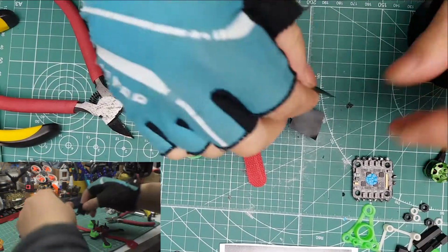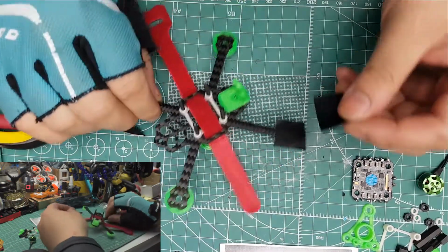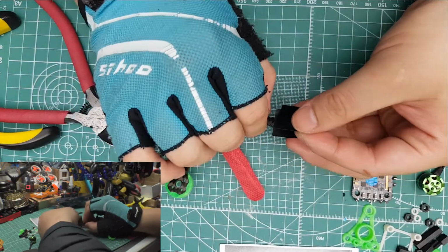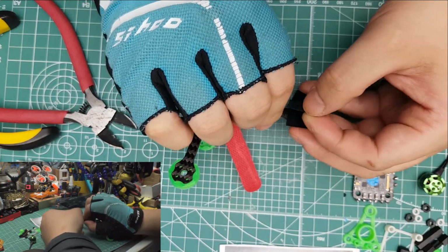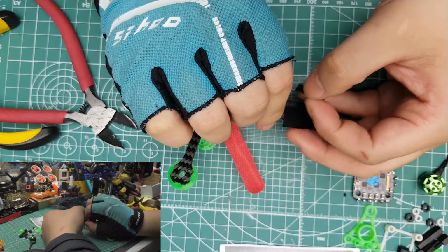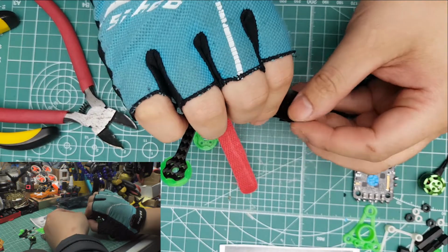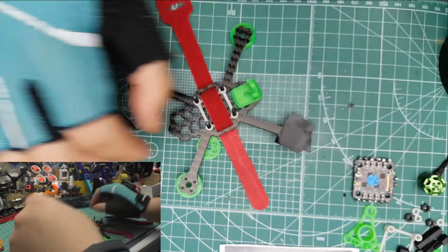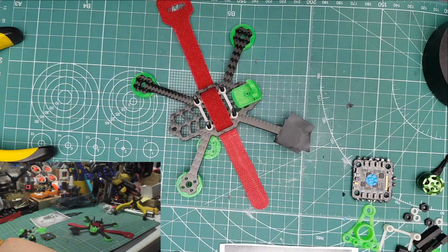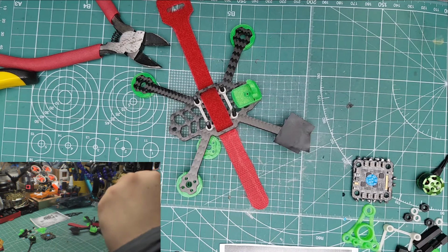Three or 4. So considering how we don't really have that much, the screw won't be long enough. I think if we go to 4, I think 3 is enough. I believe 3 is pretty good, because